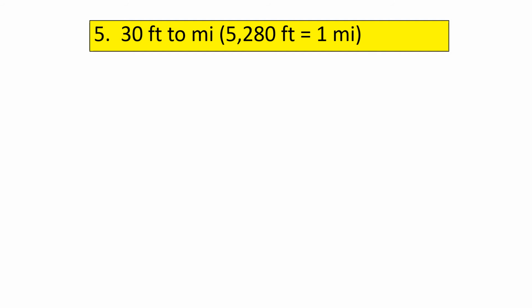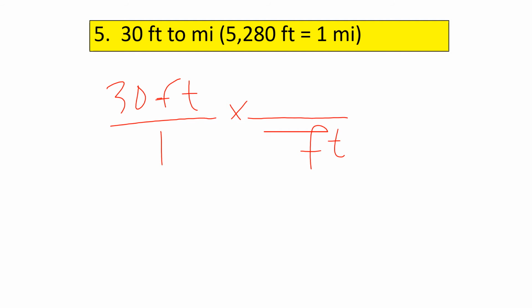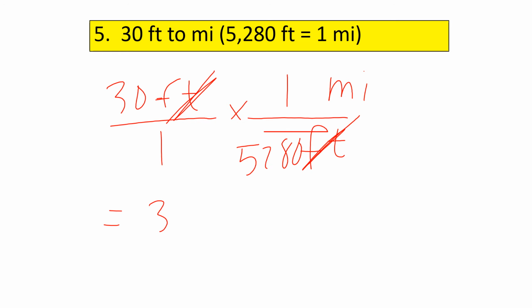All right, let's do one more. We have 30 feet. This is an English to English conversion. So we're going to set up our conversion factor. We're going to put feet in the bottom. We're going to put miles in the top. The miles gets the 1. The feet gets the 5280. The feet cancels with the feet over there. So we end up with 30 miles over